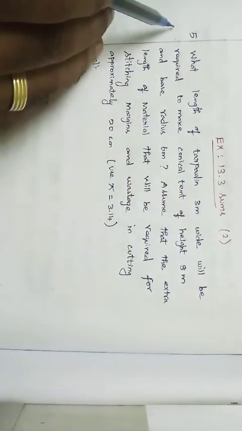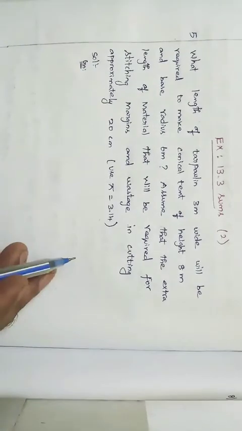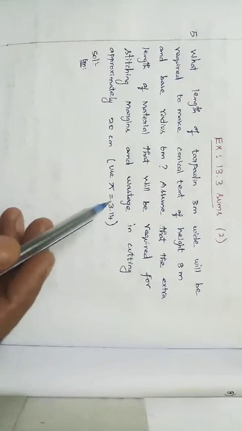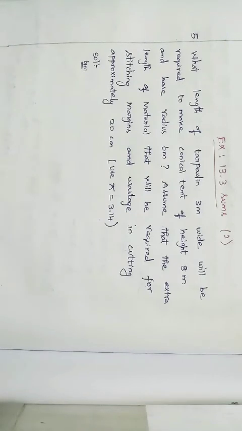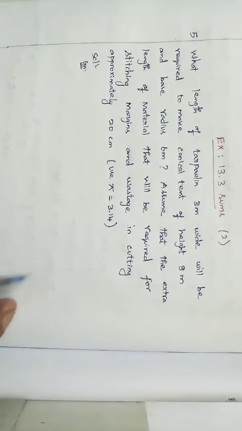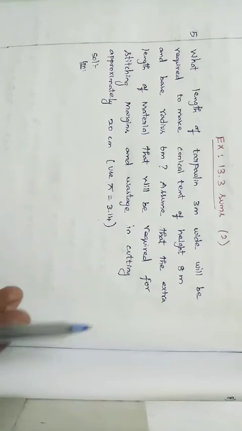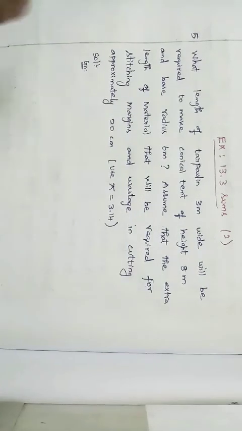Already we have completed 4 sums, right? Sum number 5. What are the shapes we are discussing in this exercise? It's nothing but cone, right? CSA and TSA of a cone, curved surface area and total surface area of a cone. There is no top for the cone, only a base. Curved surface area is nothing but the outer surface area of a cone. While we include the area of the base, it becomes the total surface area, right? Okay, come to sum number 5.